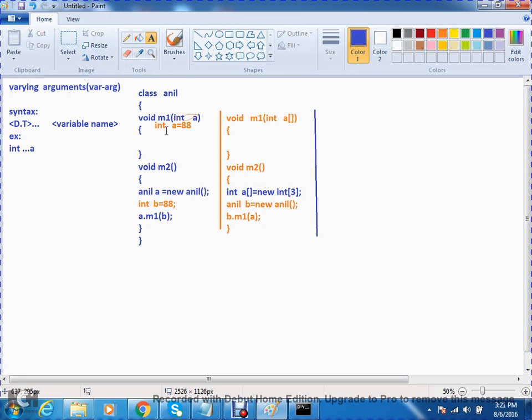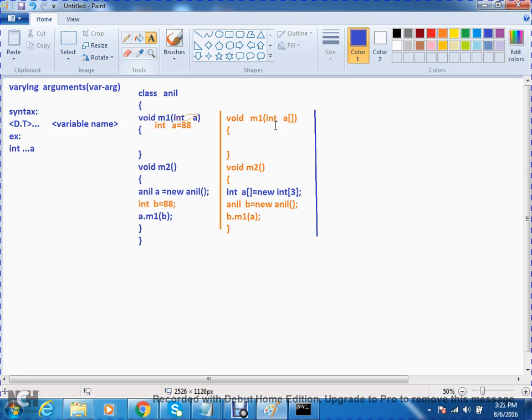Now observe here. Make sure m1 now takes an int, so I have to call that m1 method by passing one int value only. In this case I call m1 with an int value, or I can call m1 by using an integer array.